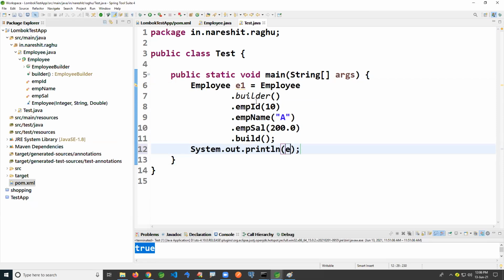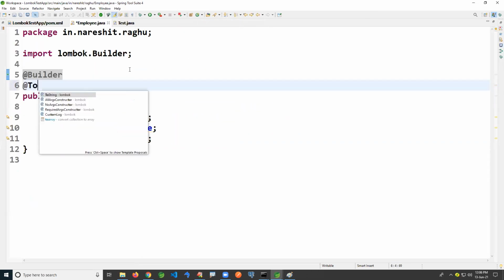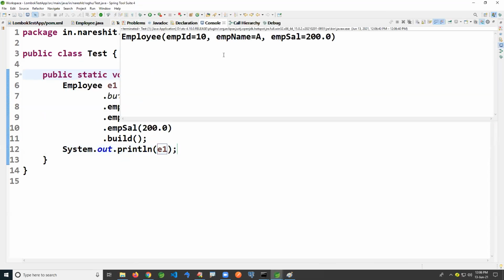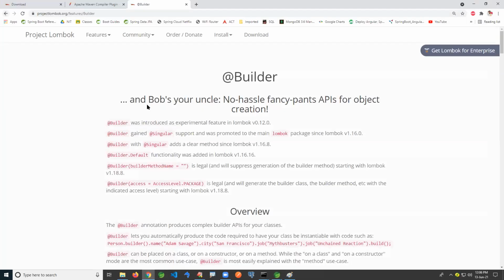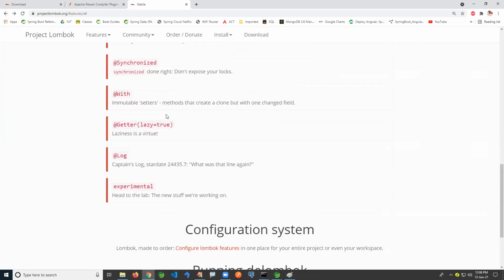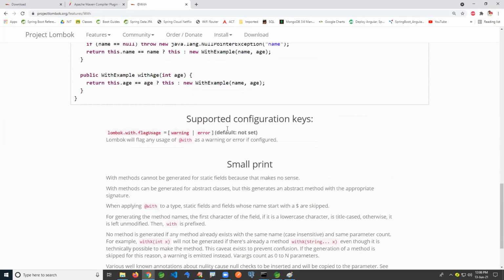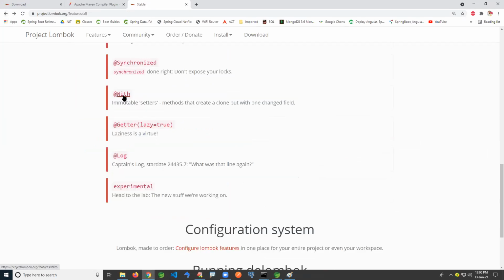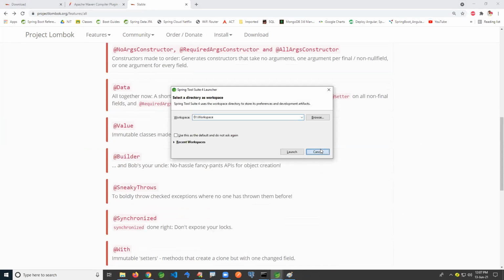You can apply this and run it. Print this; of course, you can override the toString method. Run this application here. See, that's the builder annotation. Like you have other annotations, you can go through them. Multiple annotations are there. If you want to specify some mutability level, you can mention how to write it. I want to access only within this package, so you can write even levels.